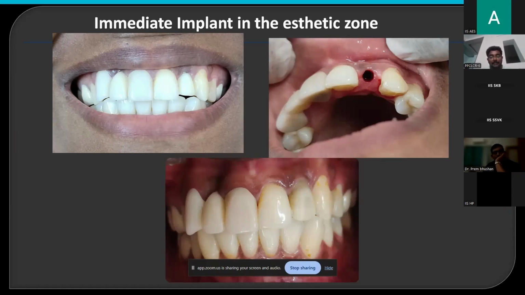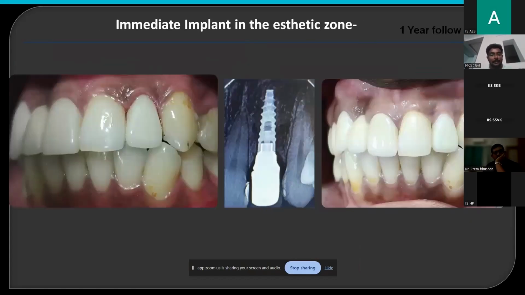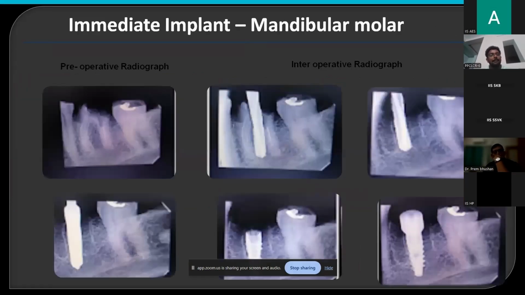Then a customized provisional restoration was given. And after 3 weeks, we were able to find that we had a wonderful soft tissue profile that was created because of the provisional restoration. These are the images of the patient on the day of crown cementation, as well as at 1 year follow-up. Similarly, an immediate implant in the mandibular molars, where the same root guided osteotomy was